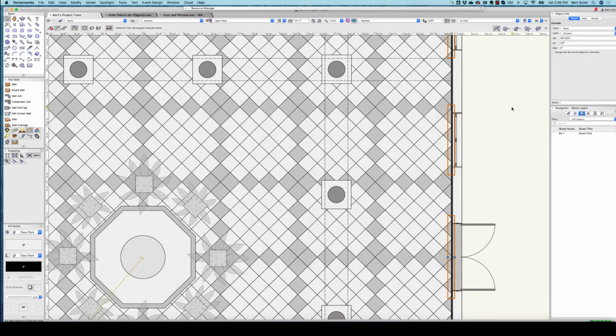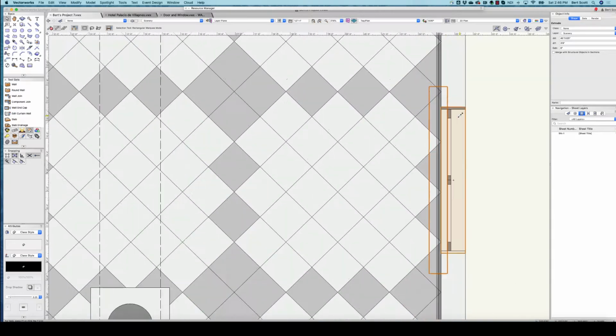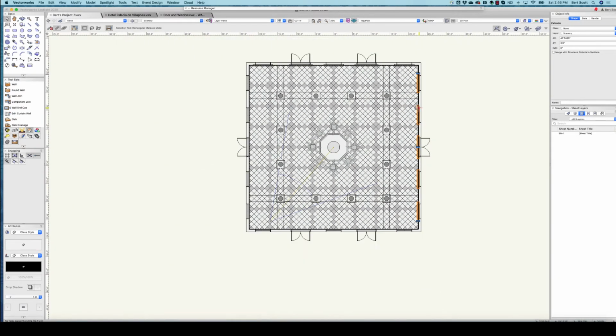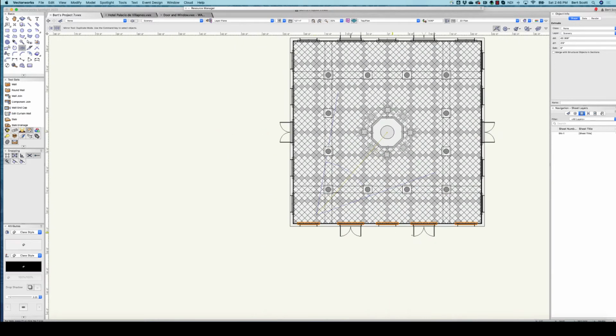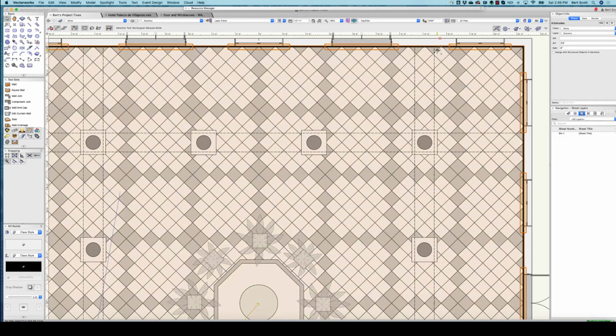bit and make sure that I'm incorporating all of the wainscoting, and then I'm gonna use the mirror tool to put those on that side and then grab these and use the mirror tool to put them on the bottom there. And then if we select all 4 of the groups of rectangles and the wainscoting, and then go to